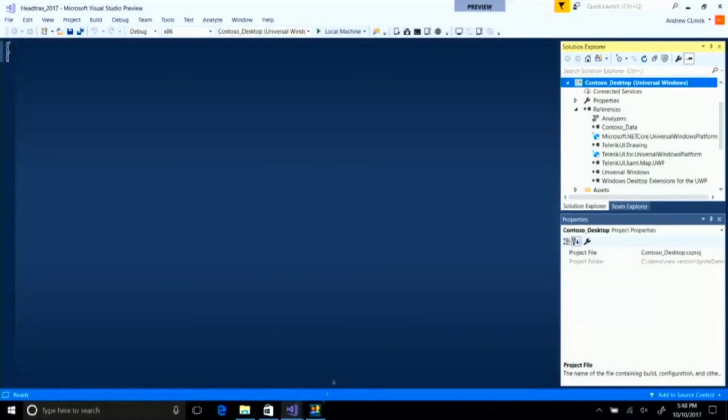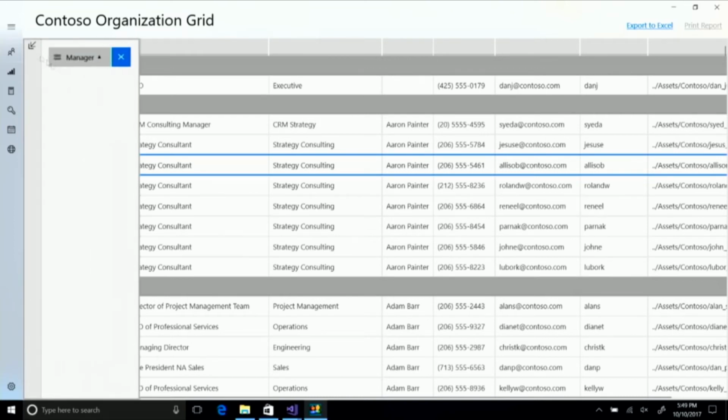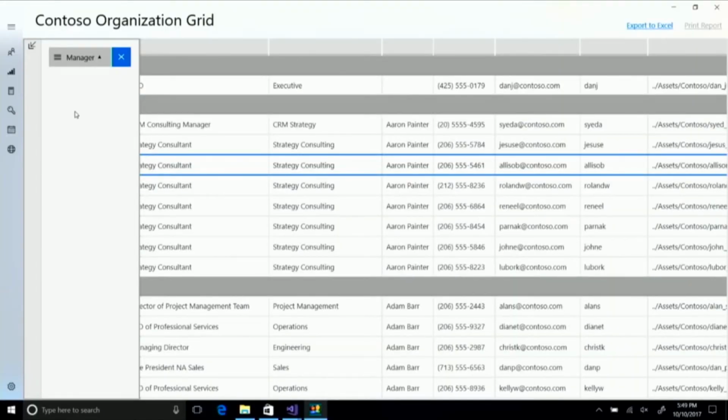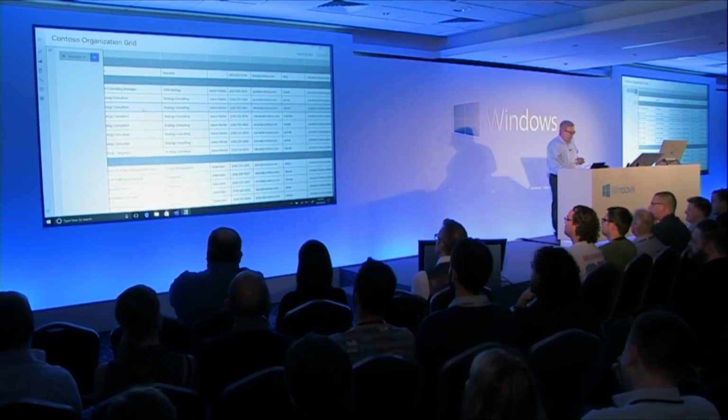So let's take a look at this application. So here's my app, and you notice I actually have all the information automatically available to me, and it's categorized by manager. Now, I didn't have to do anything to categorize. I just drag and dropped it, and automatically it categorizes that for me. Now, the other thing we've been getting feedback from users, they like master detail. Who doesn't like a master detail enterprise app? That's kind of classic. So when I click on this,